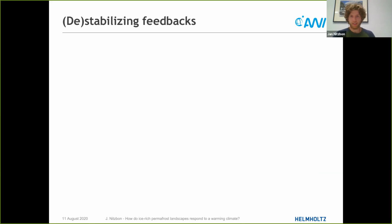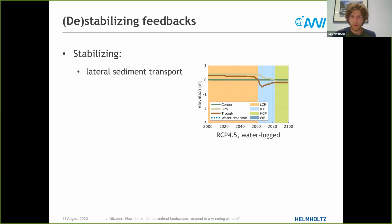So there are different feedback processes involved. First, for the stabilization, which we just saw in the 4.5 case, we found that this is mostly attributable to the lateral transport of sediment. This was a process included in these simulations. And for this, I would like to show this plot here where the evolution of the soil surface altitude for the centers, rims, and troughs is plotted separately. So as you can see, after around here, we see a very fast subsidence of the troughs where the ice wedges are located, and the soil surface altitude lowers by almost 1 meter within quite a short